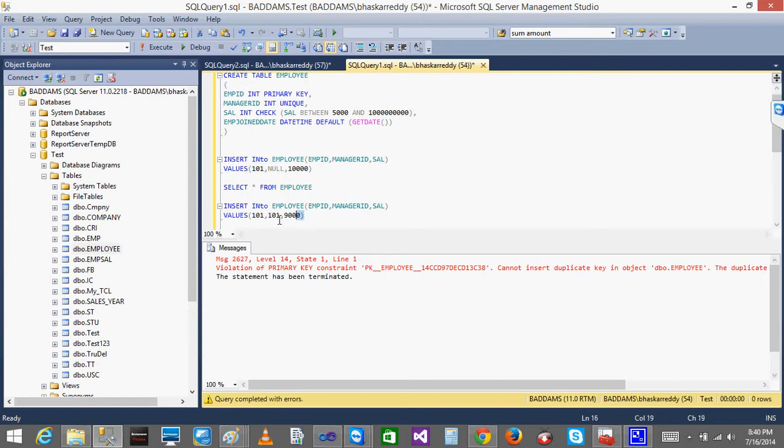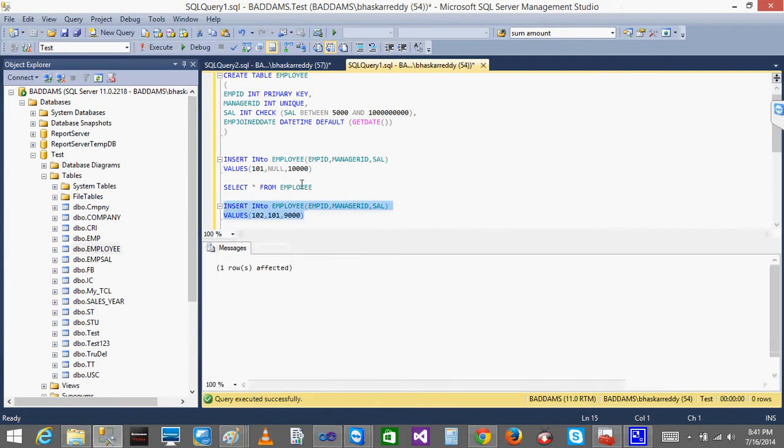Now if I run this, will it work? Yes, Bhaskar. Shilpa, will it work? It won't work because the primary key has been repeated. Yeah, again, see. Don't worry, you just didn't observe. So the primary key also cannot be repeated, so you need to give the other value. Execute. It will work. Now if we see this, you can see the value.